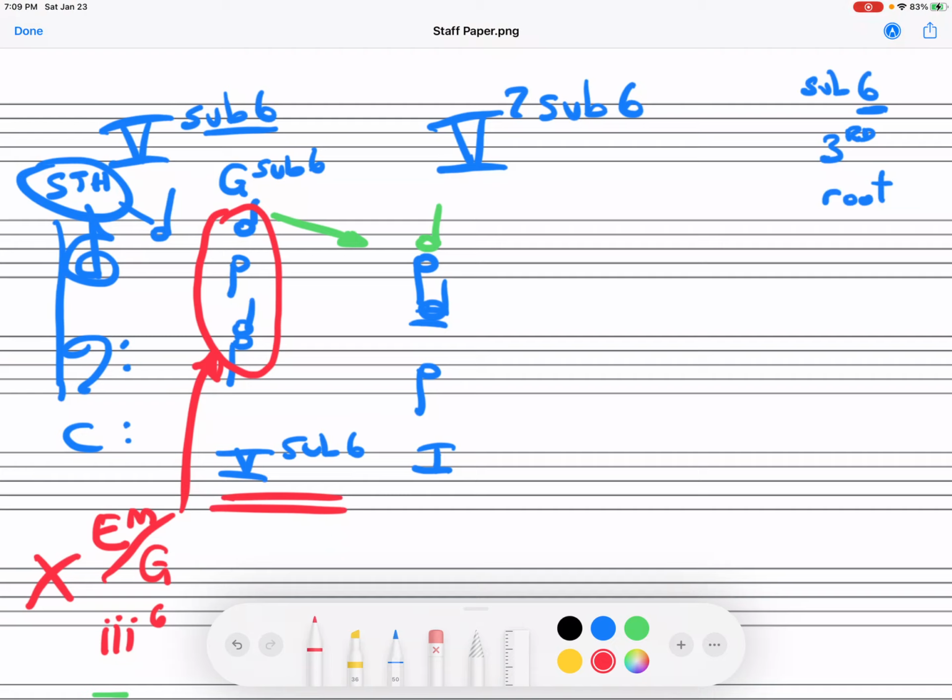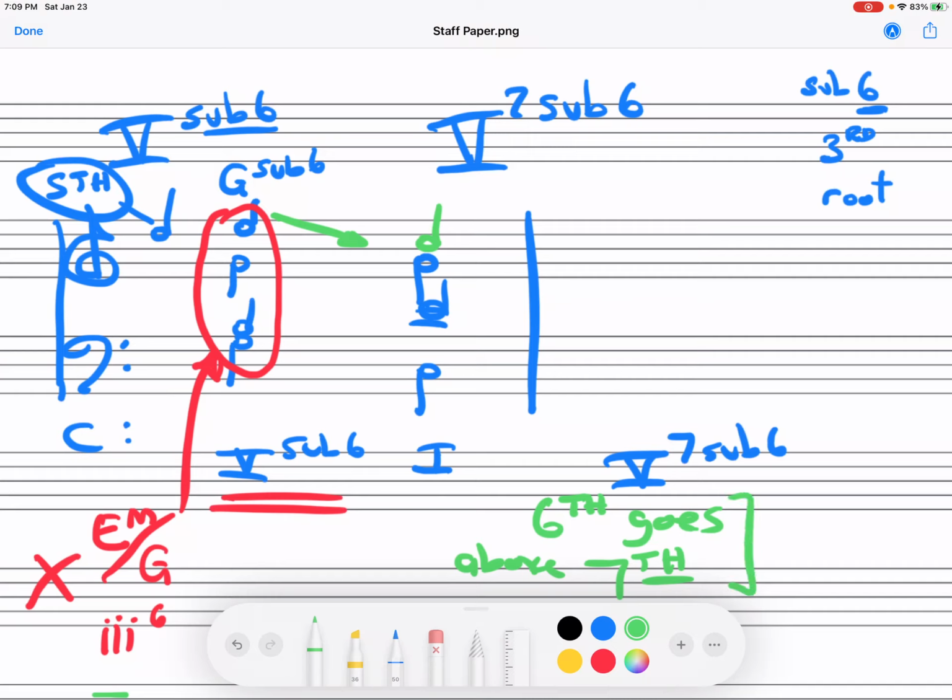Now, if you have the 7th chord, this becomes a little bit interesting in terms of the voicing. So very important, when you have the 5-7 sub 6, I'll put this in green, the 6th goes above the 7th. This is super important because if you don't do it, it's going to sound really bad. And I'll write both versions. So let's write the normal version first, which is